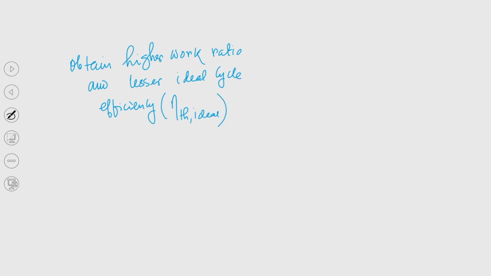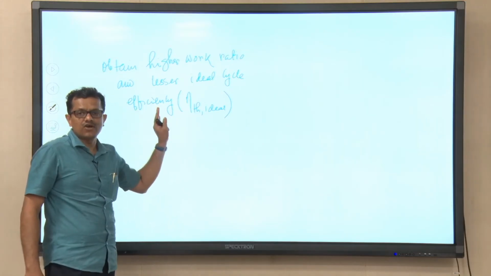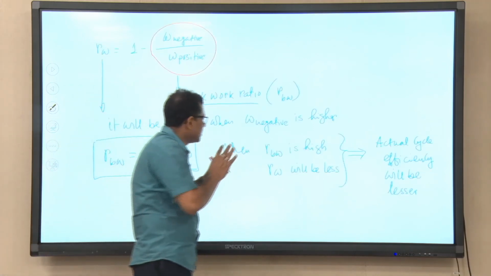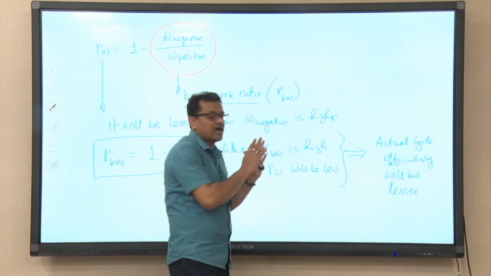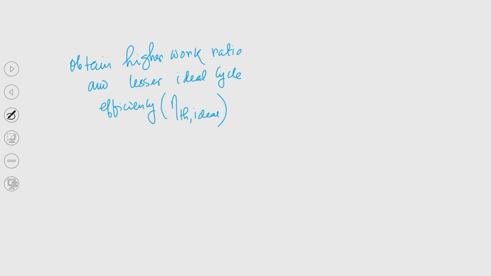Right. So, this is the case. Our objective should be to always obtain higher work ratio. For that, whether the ideal cycle efficiency is less or high, we should not bother, rather we should only be careful to obtain higher actual cycle efficiency. If you would like to have higher actual cycle efficiency, we should have higher RW, that is, the work ratio should be higher. Okay. So, this is one index to see the performance of the plant.